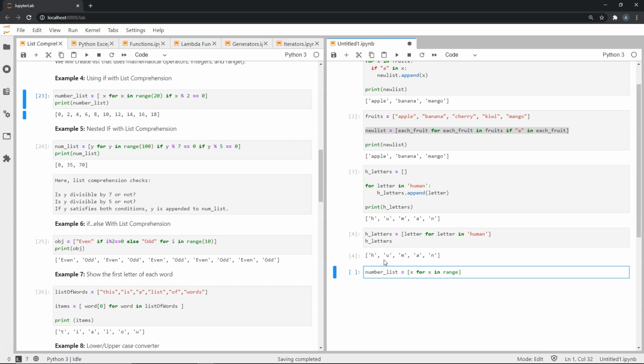So I have in range 20. What this is going to do is x is going to take the value of 1, 2, 3, 4, and so on until 19. It'll actually take it from 0, 1, 2, 3, 4 until 19. So when we do range 20, we're creating an iterable where we're going to loop through, or iterate through, the